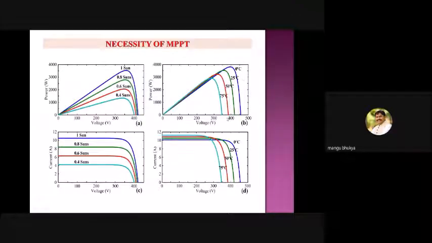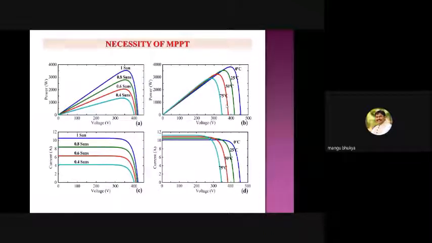Now coming to the cell temperature, maintaining temperature is also very important. Normally people think that if I install a large solar power plant in Rajasthan, I'll get more power. That is not correct, because it also depends on the cell temperature. If you see this, as the cell temperature increases, the power decreases. For 0 degrees centigrade there is more power. At a cell temperature of 25 degrees centigrade, power is decreased. At 50 degrees and 75 degrees, the power from the panel keeps decreasing. So this is also important.